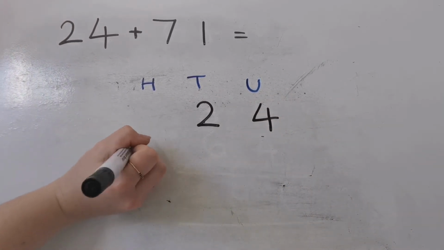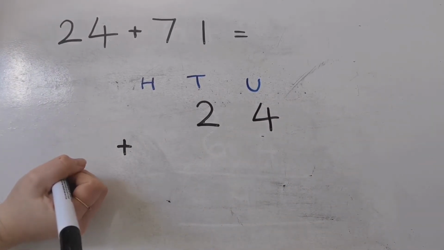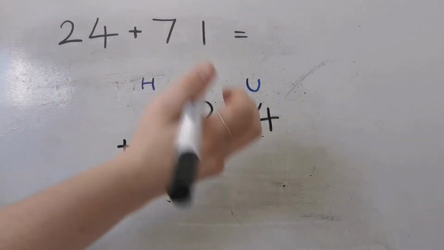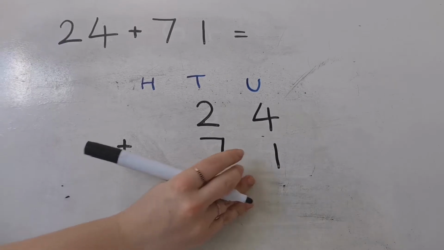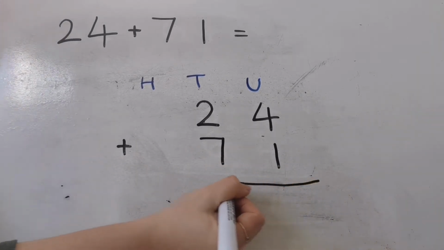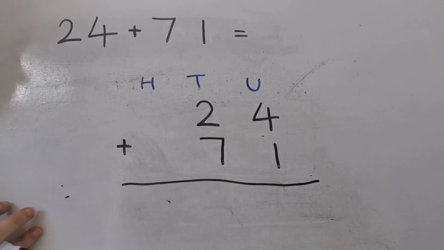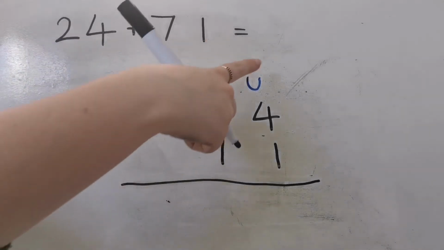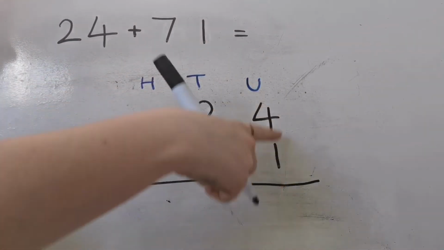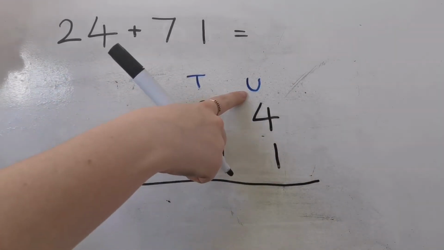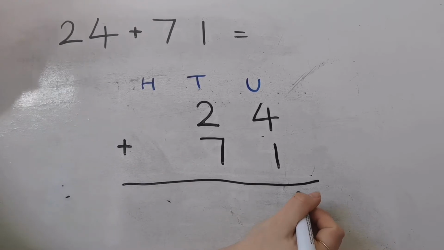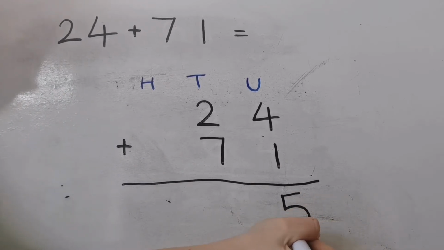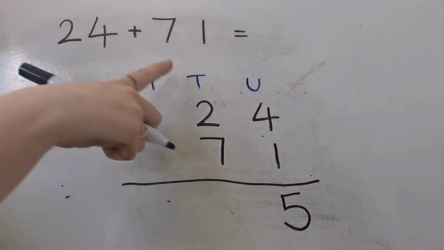I'm going to do my addition sign so that I remember that I am adding, plus 7 tens and 1 unit, so 71. Okay, when I've written out my problem, I can draw my line ready for my answer. So again, I'm going to start with the column furthest to the right, so the units column, and we've got 4 plus 1. Well, nice and simple, 4 add 1 is 5,